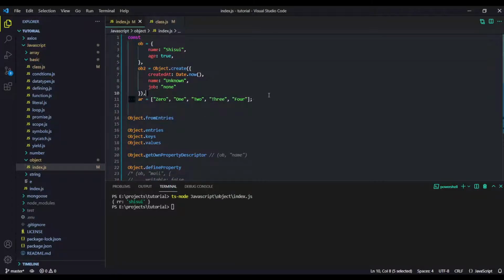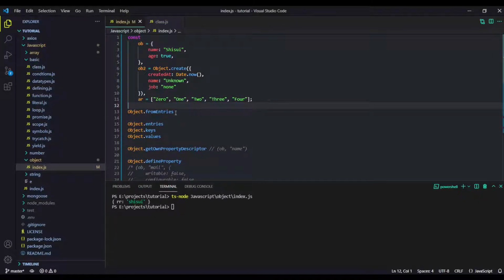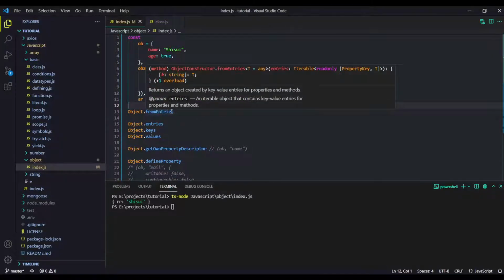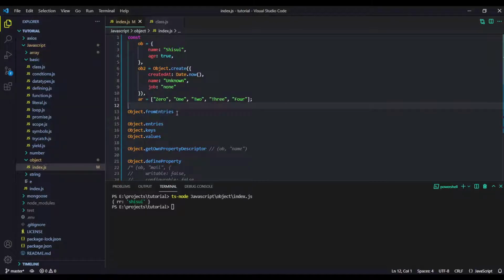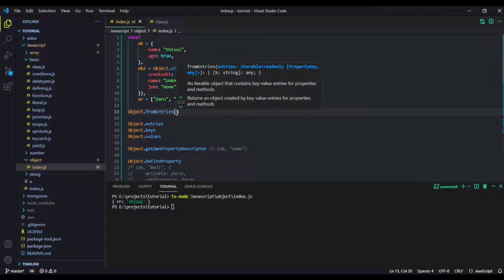Well, this is an array. It will help you guys in understanding some stuff. So let's begin real quick. First of all, we have the Object.fromEntries function. So what are entries? Well, entries are kind of like something which is iterable, and each array has two properties. First one is the key and second one is the value. Well, we can do it pretty easily.